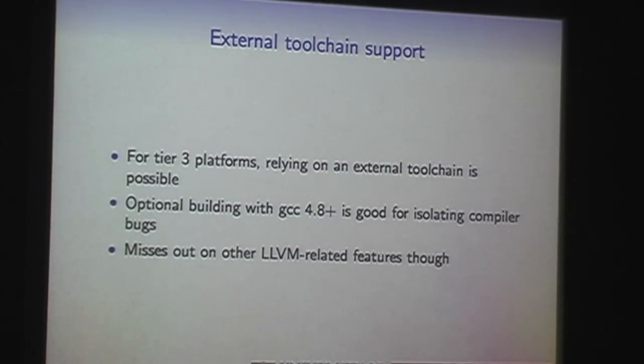Partly because you can easily identify a compiler bug if you can say, builds correctly with this compiler, doesn't build correctly with this compiler. Increasingly, we're actually wanting to use features of C11, and the C++ stack now basically requires a C++11 compiler. The next version of Clang will require a C++11 compiler, so being stuck with a C++98 compiler on some architectures is a problem. Unfortunately, if we have an external toolchain and we don't have an LLVM port for an architecture, then that means we will miss out on other features.